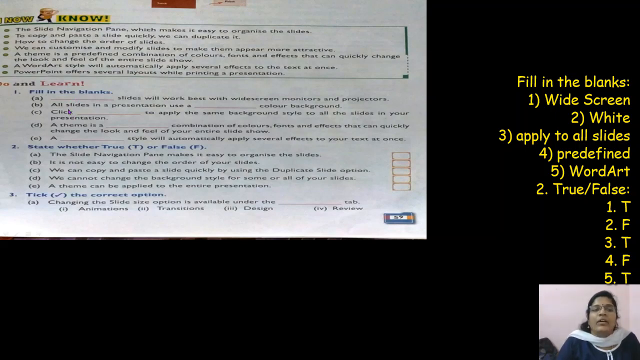Okay. Then, all slides in a presentation use a dash color background. So when you just open a PowerPoint, all the slides are containing what color background? That's good. They are containing white color background. So the answer for the second question is white. Clear? Okay. The third one, click